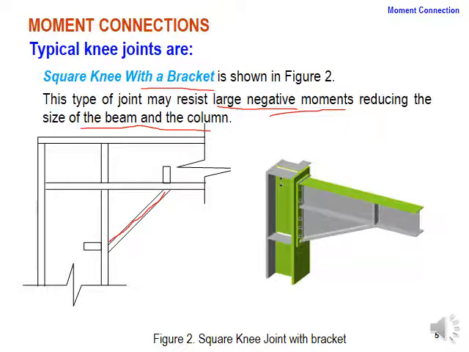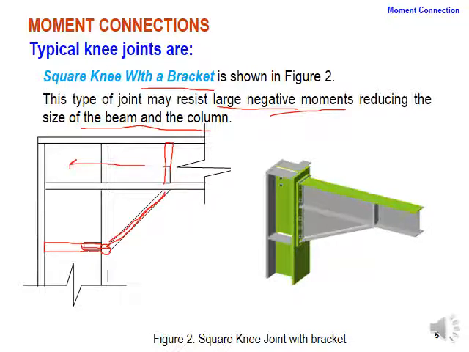But still you can see in the figure the bracket has been provided, and at the ends of the bracket, to provide stability and to avoid local yielding at that particular point, we are providing a stiffener. Okay, that stiffener may be any dimension lesser than the total dimension of the web of the column, or it may be provided throughout. Okay, so it depends on the design at which length of the stiffener you are providing. And the similar thing is over here, the beam is continuous.